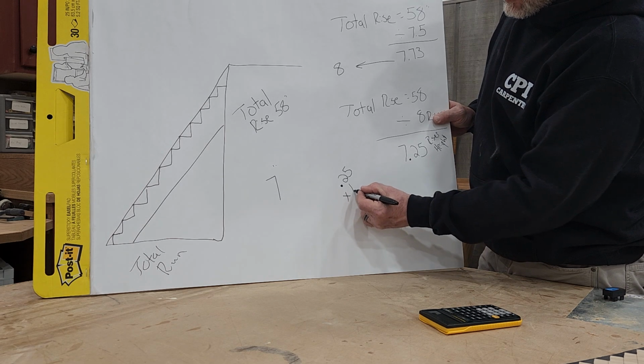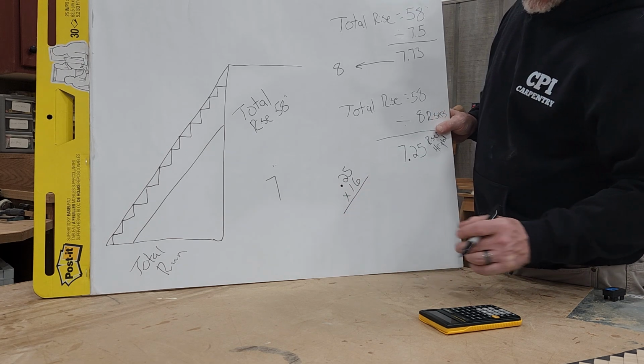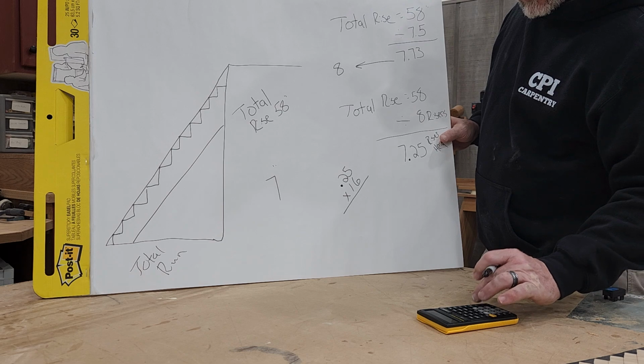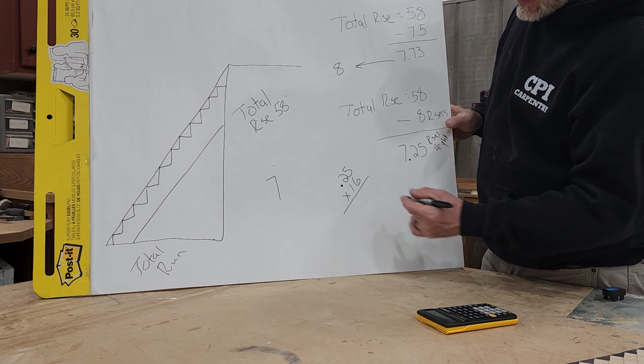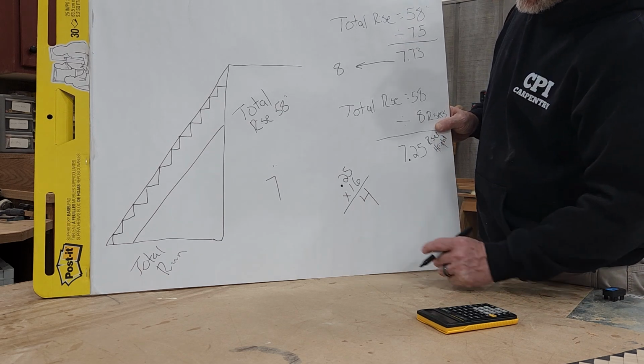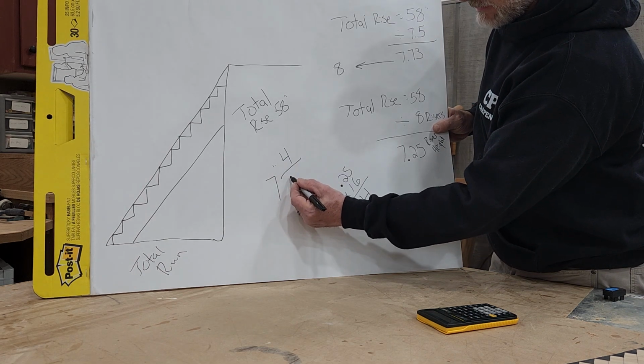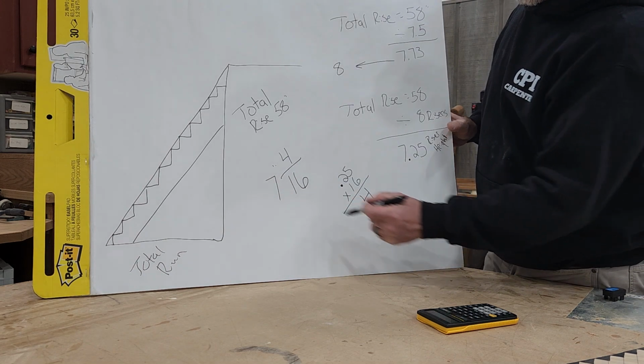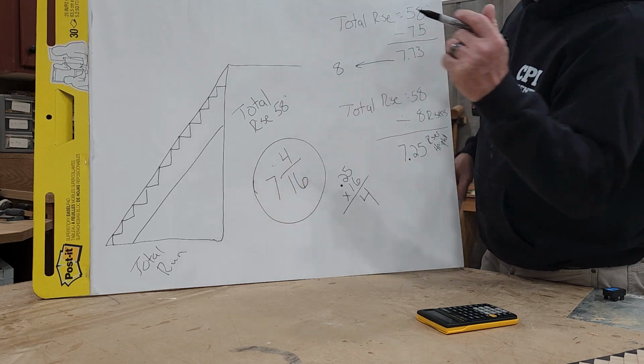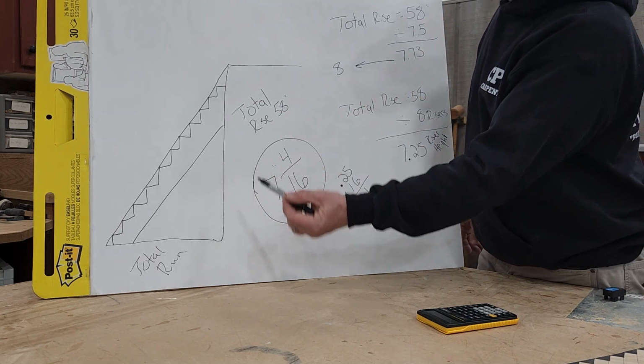So I am going to multiply that by 16 fractions in an inch, and that equals 4. So my riser is actually 7 4/16. So now I know this staircase